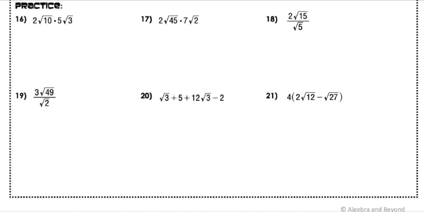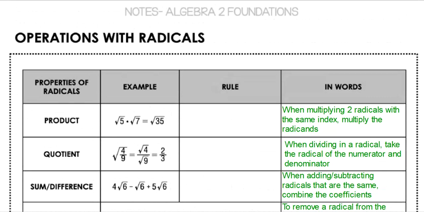The last thing that we're going to work on here is a little bit of operations with radicals. So what do I do if I have multiple radicals that I'm trying to combine as opposed to a single radical that I'm trying to simplify? For this one, we're going to look at some rules and some examples and see if we can figure this out. So when we have the product of radicals, remember product means multiplying. You can see in our example here, we're multiplying a radical times a different radical and getting a simplified one. So the rule is basically that when I multiply two radicals that have the same index,